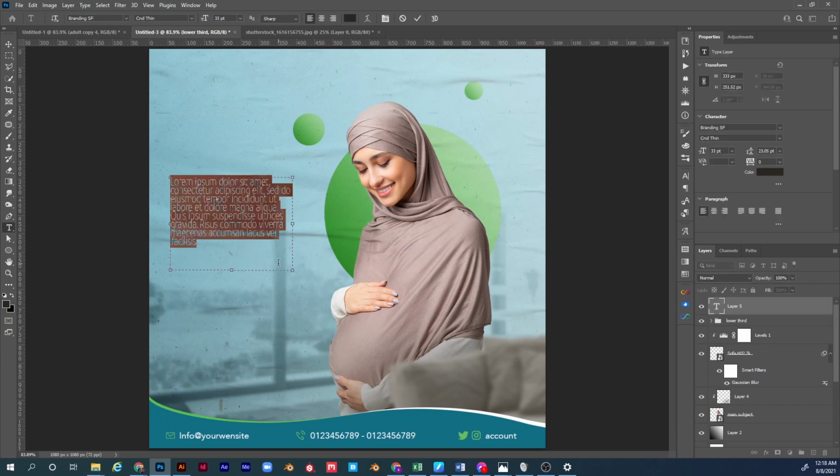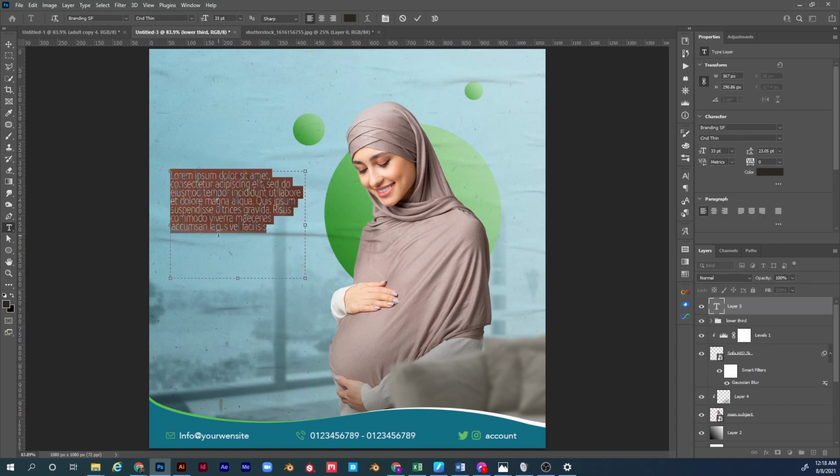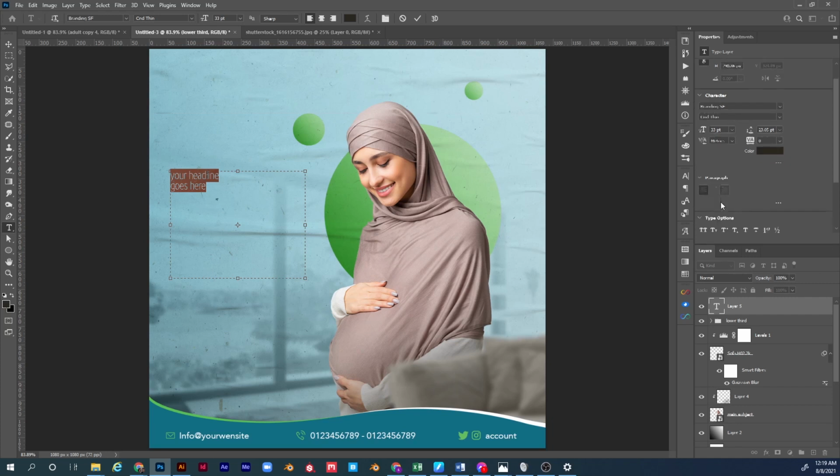Let's press T or this icon here, the type tool. Let's hold and drag. Okay, and let's write whatever your headline would be, but I will go with headline goes here. Now let's press Ctrl plus A to select all the text, and let's make it all caps